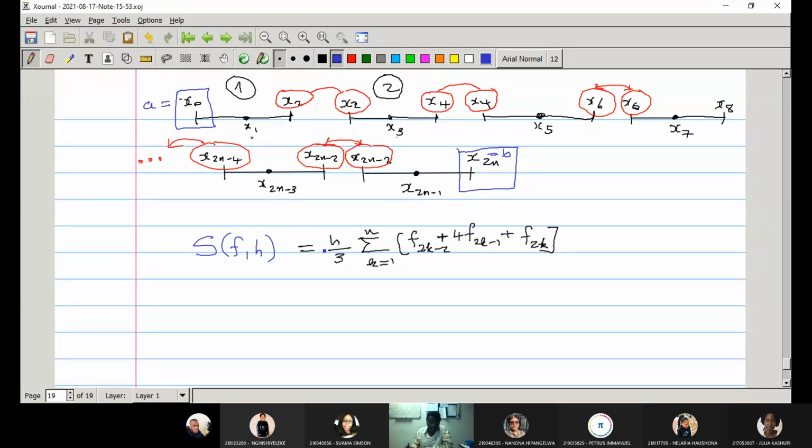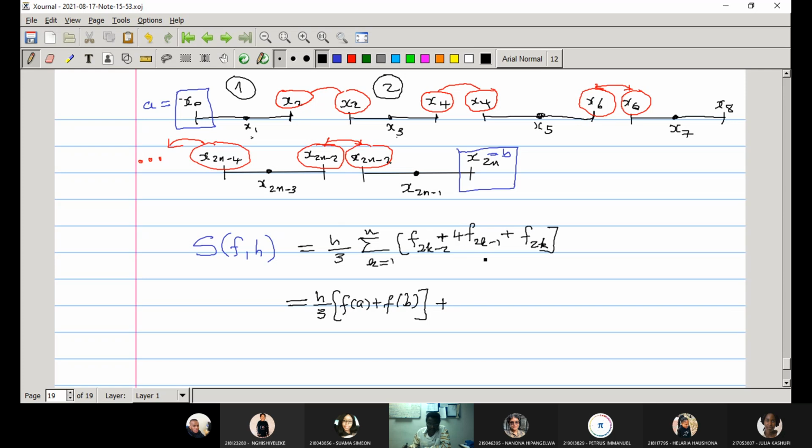This will give us h by 3 times F of A plus F of B, right? Now, this is the first and the last. Now we can group the odd subscript and the even subscript. We saw that for the odd subscript, they are in the middle, right? And the middle term is this one, so we can group this as